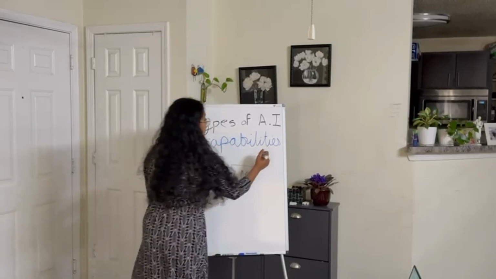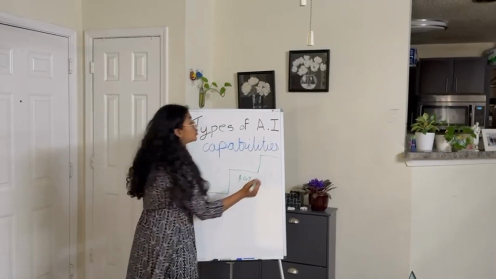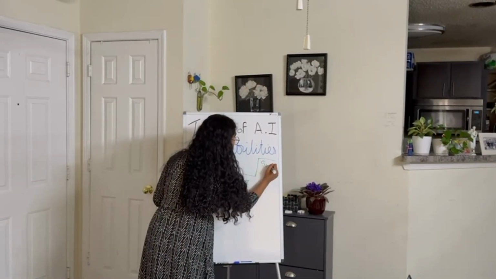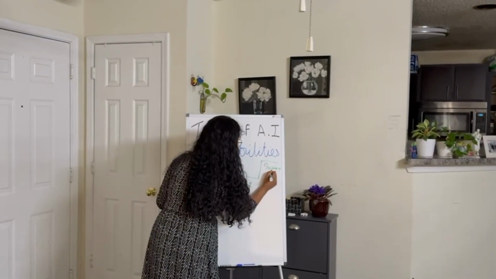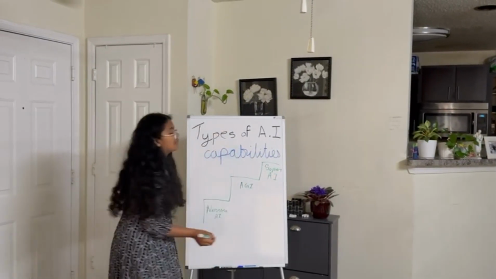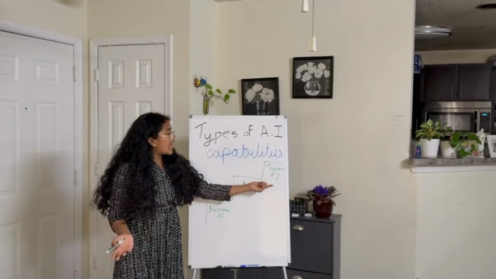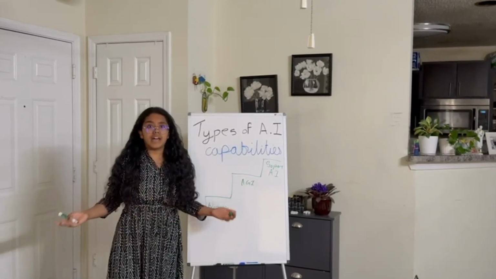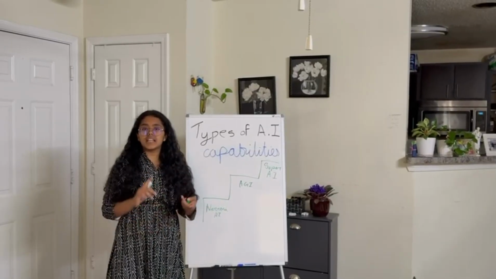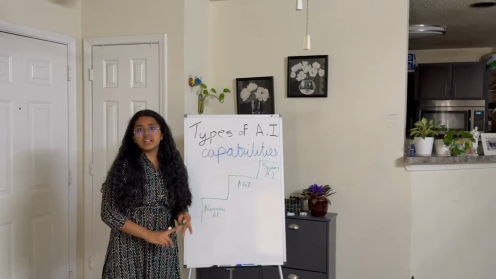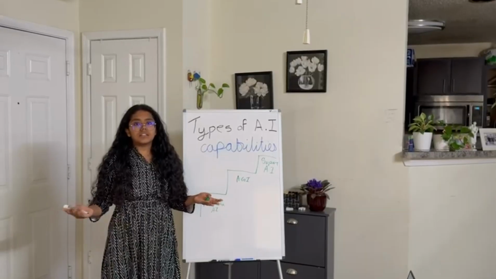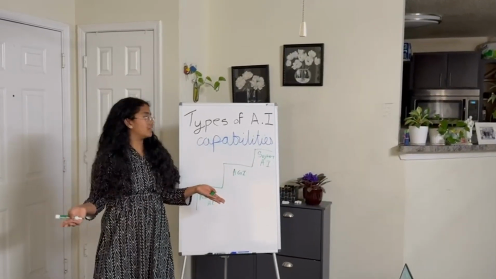The next step and final step on the ladder is super AI. So super AI is completely theoretical. At this point of our knowledge, it's science fiction. This AI is theoretically meant to be better at us than everything. Processing emotions, feelings. It's supposed to be human 2.0, for example.